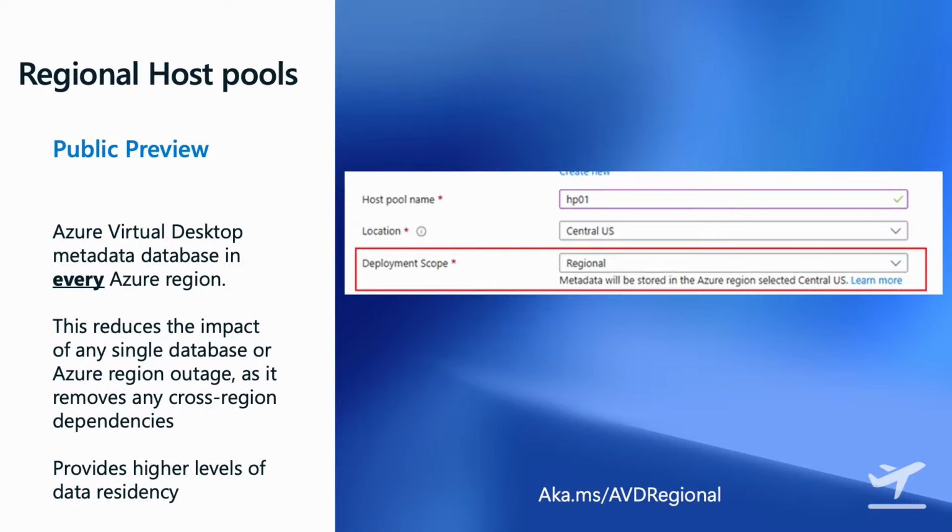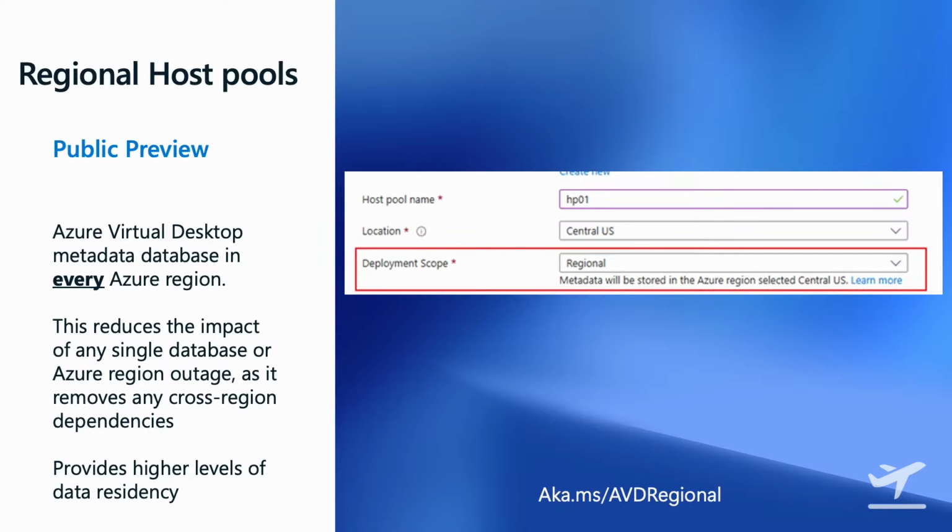Now, this is going to reduce the impact of any single database or Azure region outage, as we've removed any cross-region dependencies. And it also provides a higher level of data residency because you will be able to select more locations to store your host pool metadata. Now, these regional host pools are just surfaced in the deployment by selecting the deployment scope of regional compared to